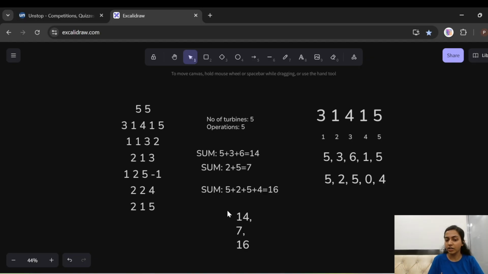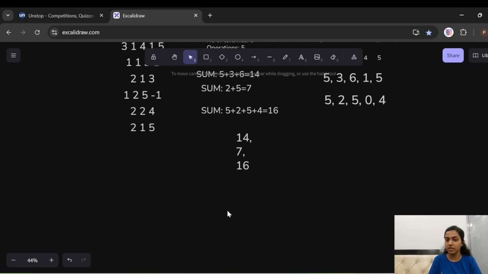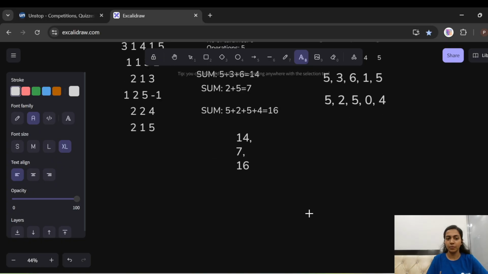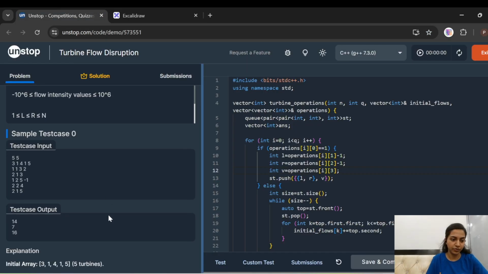If we try to understand how we are going to solve this, we need a data structure in which all the queries that begin with 1 are stored as per their precedence and are executed on the basis of first come, first serve. Because if you see an example over here,